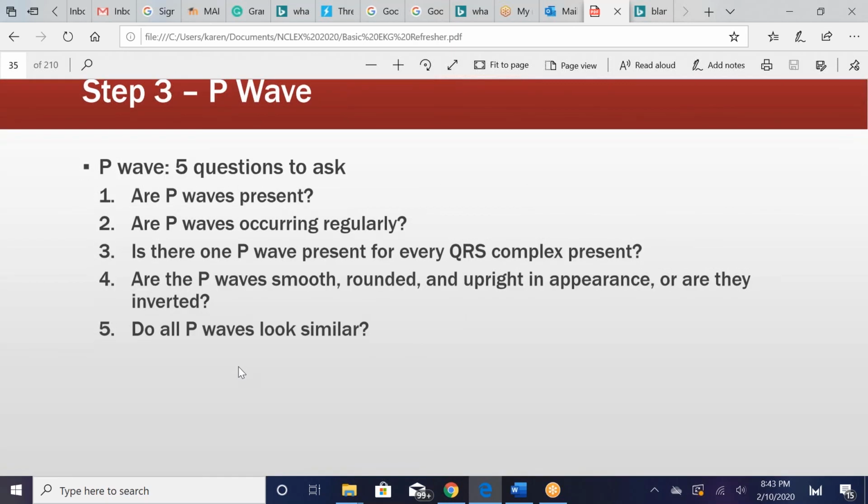So for the P wave, you want to ask 5 questions. Are there P waves present, which there should be? Are the P waves occurring regularly, meaning is there a P wave for every QRS complex? Are the P waves smooth? Are they round? Are they upright in appearance, or are they inverted, meaning turning down? Do they all look similar? Those are some of the questions you should ask, because if they don't, that tells you something is wrong with